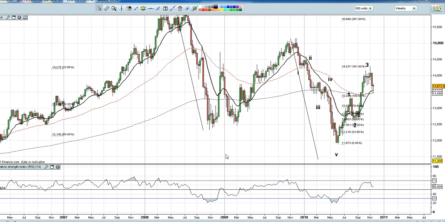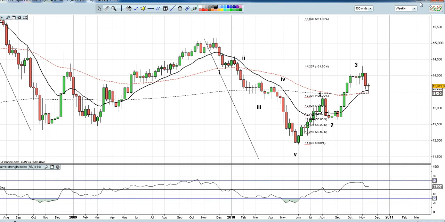Okay, we've got this large three-wave sequence in euro dollar. The question is now whether we're actually at the start of a bullish sequence back up, or whether we're going to get a continuation of lower lows for euro dollar going into sort of 2011. Okay, what we have got shorter term, we have got a 5-wave sequence down,